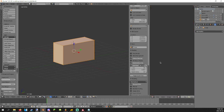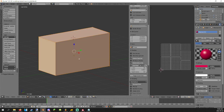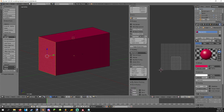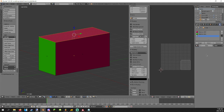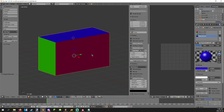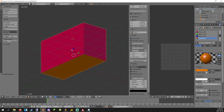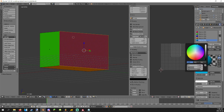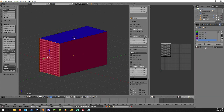Smart UV project. And what I'm gonna do here, just to make sure we know which face is which, is I'm gonna apply colors to this. I'm gonna make this red. Oh shoot, I did this before I made the color red. Let's texture it solid. Okay, and let's make the front a green. Let's make the top a blue. Let's make the bottom orange. This side can be purple, and the back can be